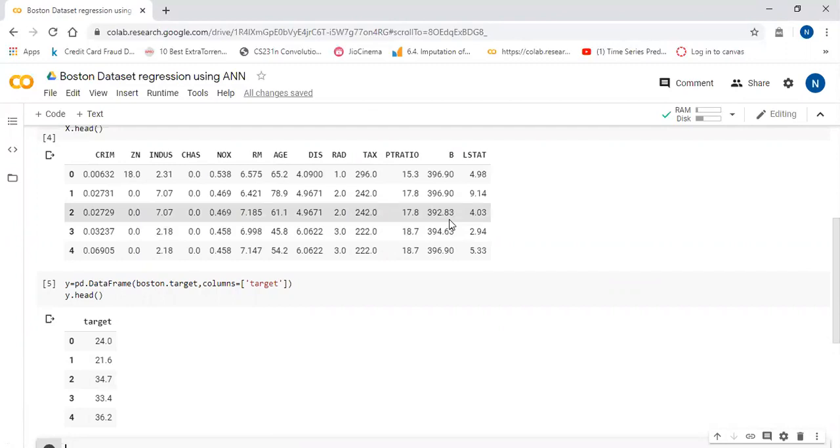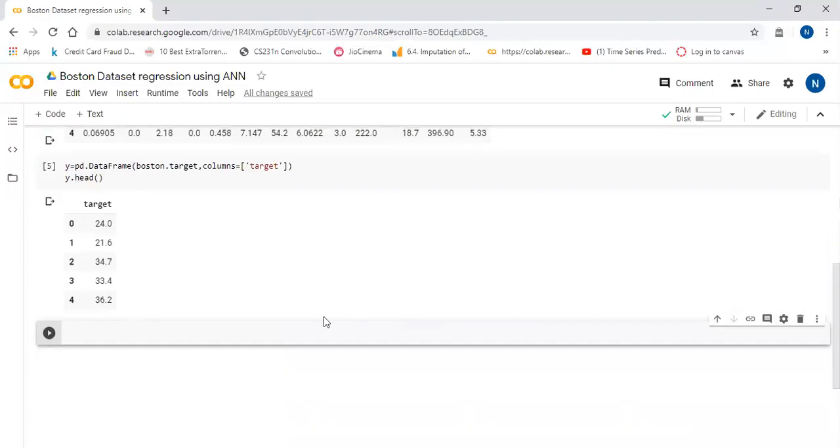Now we can see in the dataset we have extracted that the feature columns are on different scales. You can see 0.00632, then 3.96, 396.90. These are on different scales. So we are going to apply standard normalization on those using StandardScaler.